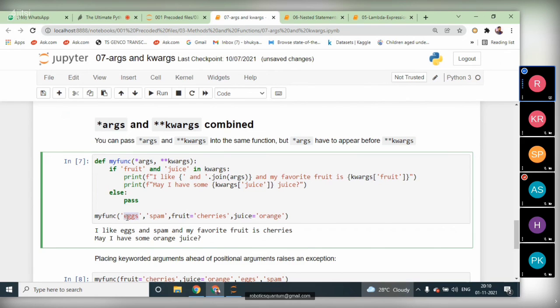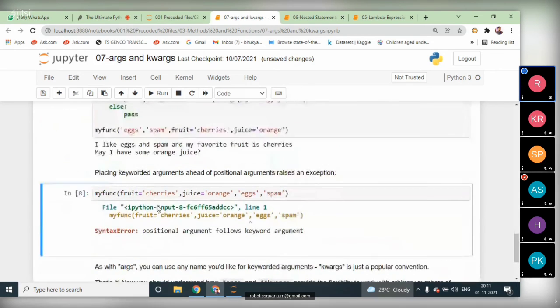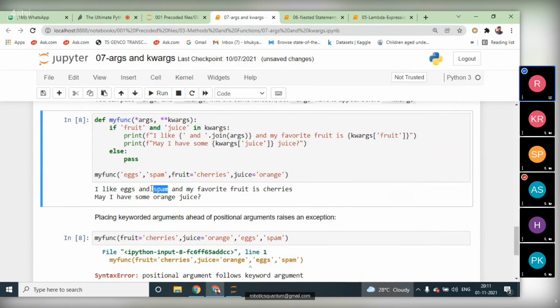Eggs and spam are the two values matched with x, and the keyword arguments match favorite fruit and cherries. So when we execute it, it gives the result: I like eggs and spam, and my favorite fruit is cherries. A meaningful sentence got printed here.